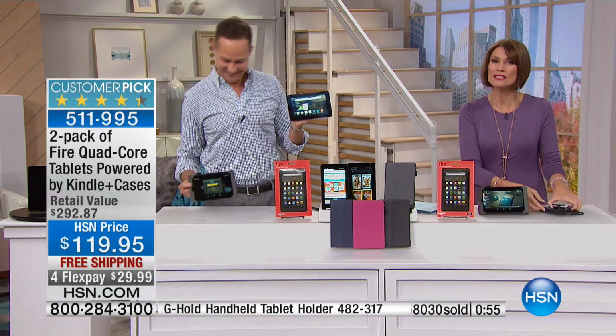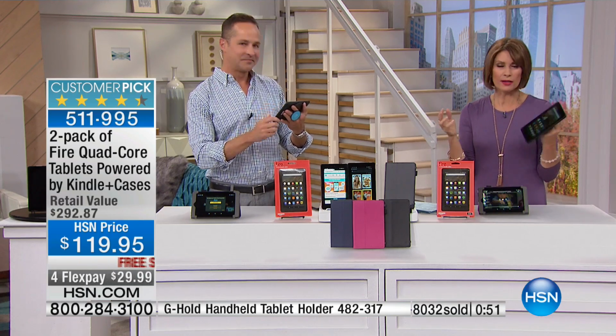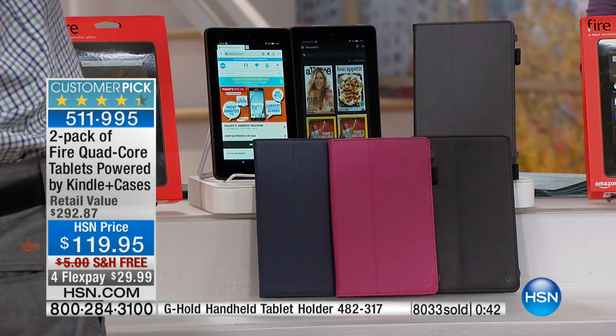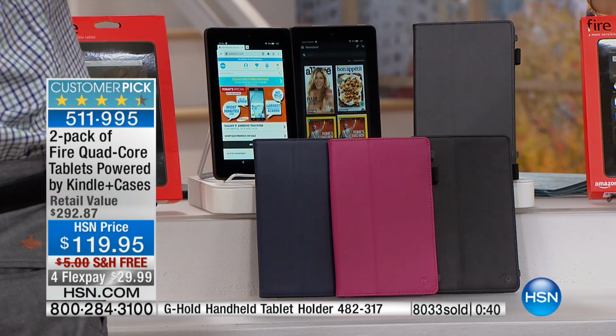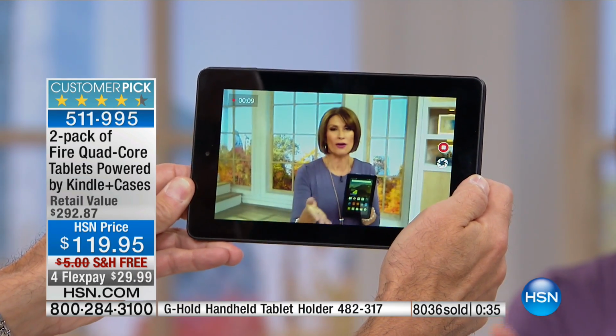Well, it's because this is Fire that is powered by Kindle. You're getting not only one of the most amazing e-readers out in the marketplace, I mean, truly, features that other tablets don't have. But on top of that, you're getting a beautiful screen. You're getting a quad-core processor. You're getting the ability to video if you want to. You can